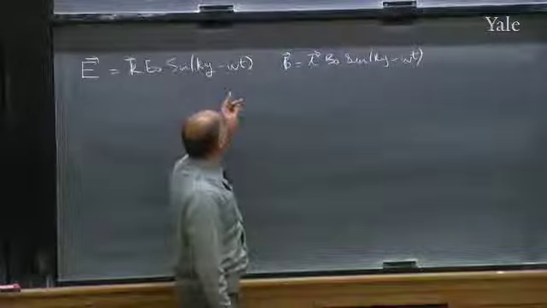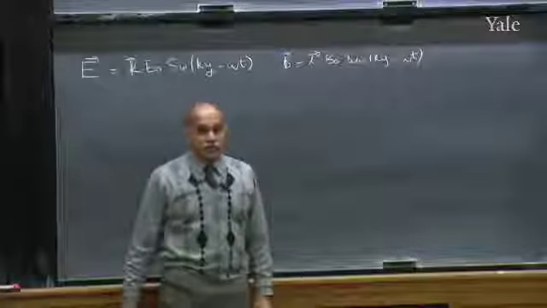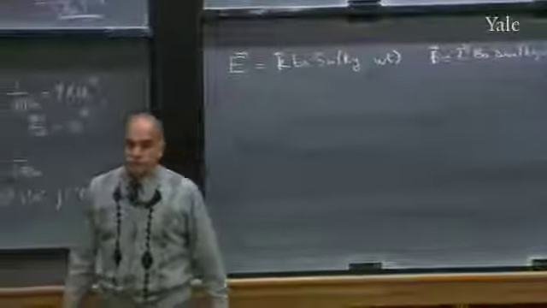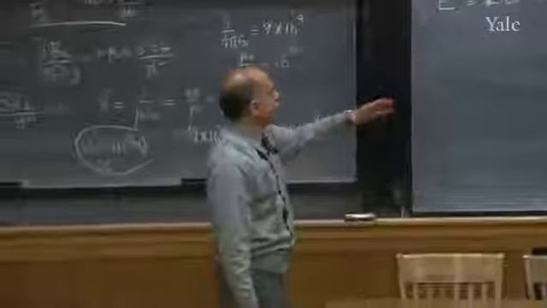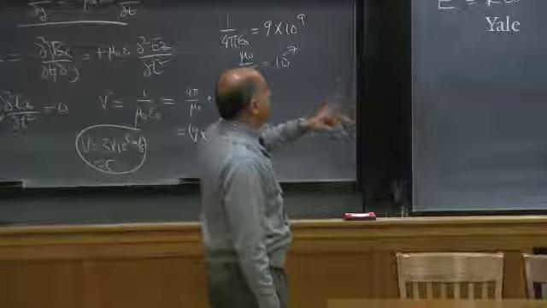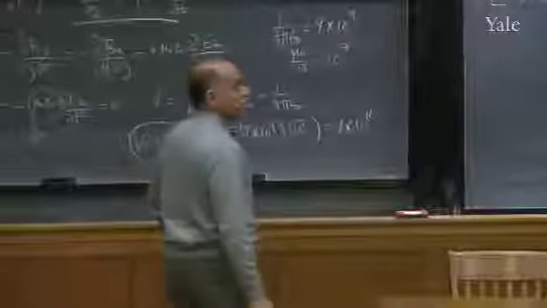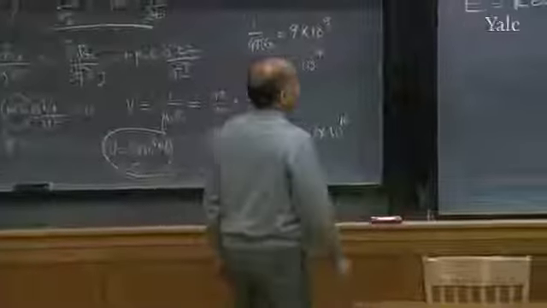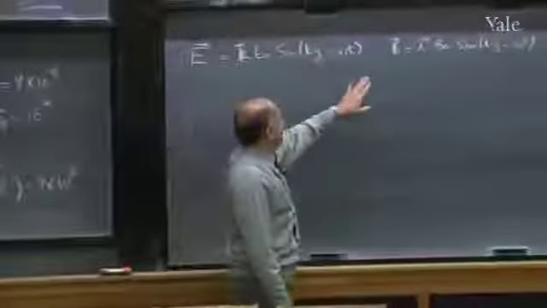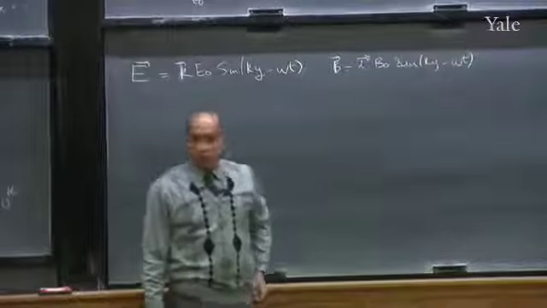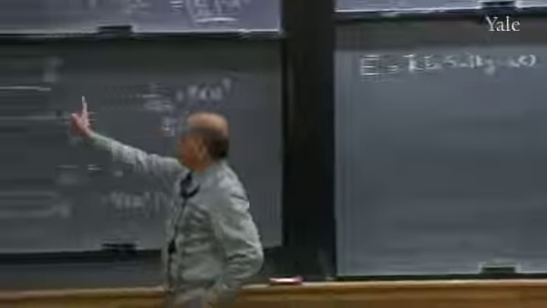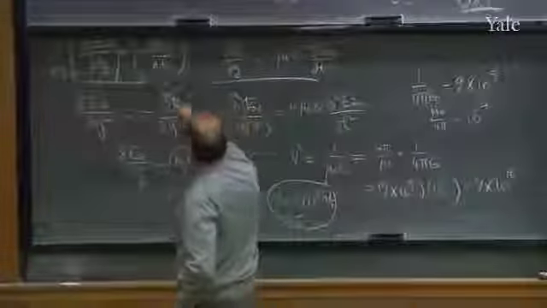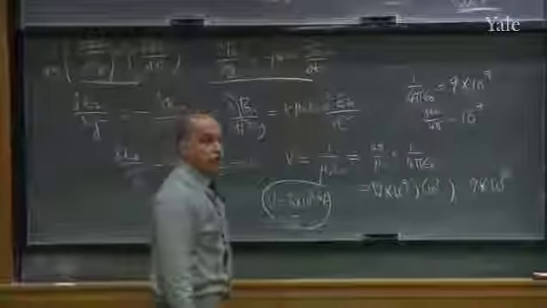Now I'm making a very special function of y and t. Till now, I just said it's a function of y and t. All I needed was that it's a function of y and t. That was enough to get me all this. I'm going to find a relation between these constants, E0 and B0, by putting them into these two Maxwell equations I had. That's all I want to do now.